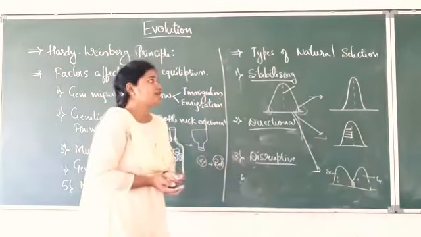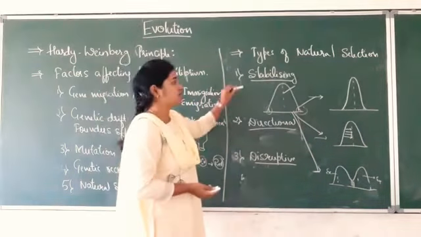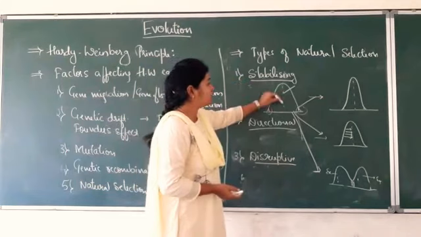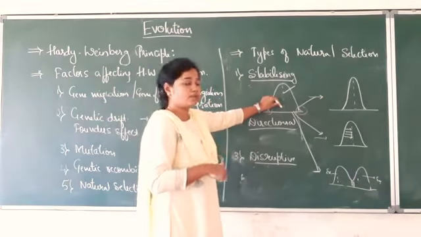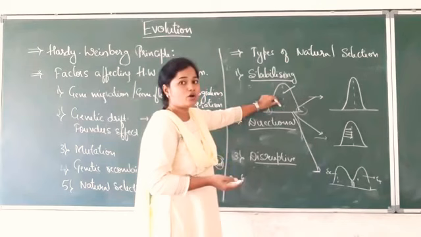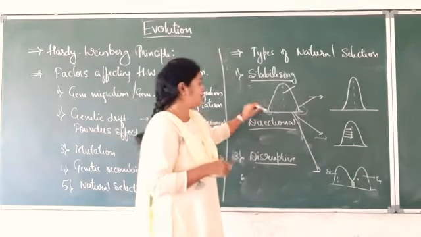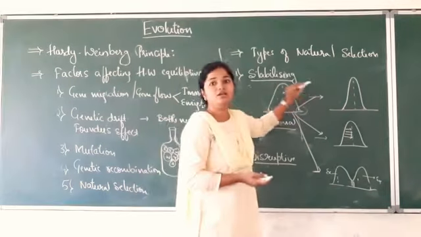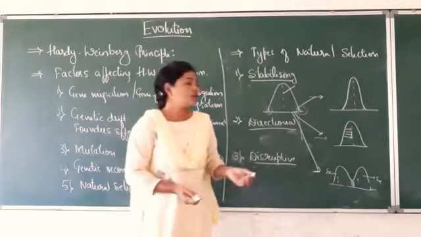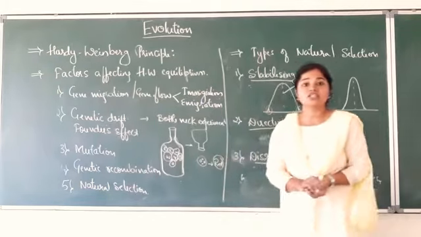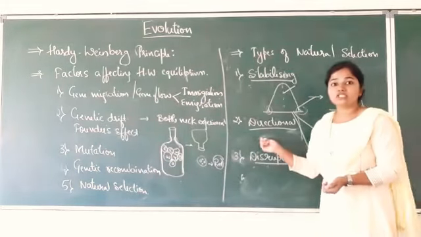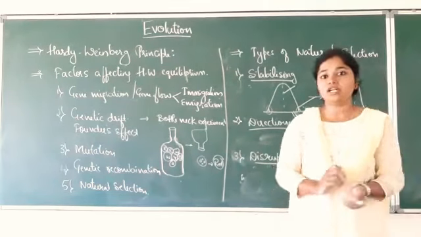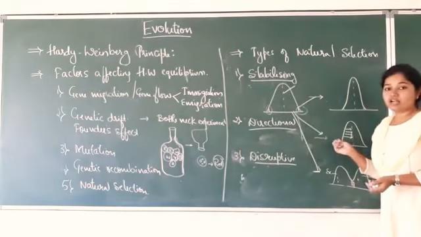So these are the three types of natural selection. The first one is the stabilizing natural selection. In the stabilizing natural selection, the number of intermediates is expected to be highest, or the nature is going to select the intermediates and it is going to exclude the extremes. This is how the graph we are going to get after the stabilizing natural selection. Then coming to the next one, that is the directional natural selection. Here the nature is going to select the more adapted organisms, or it is going to select in only one direction, right? This is how the graph we are going to get.